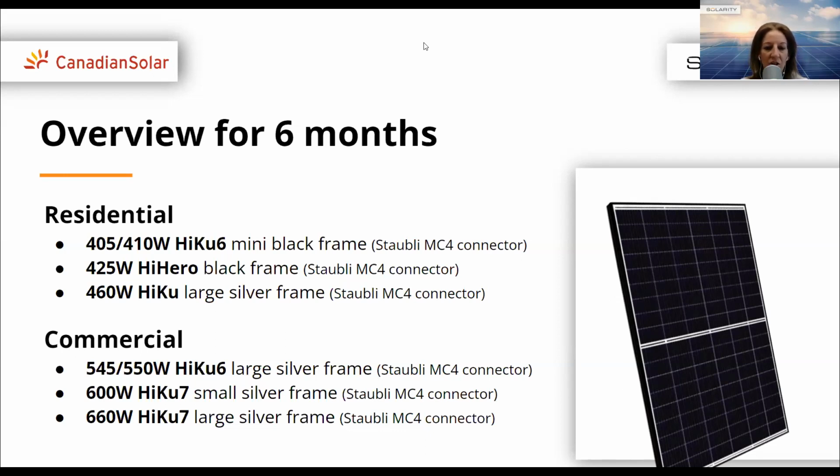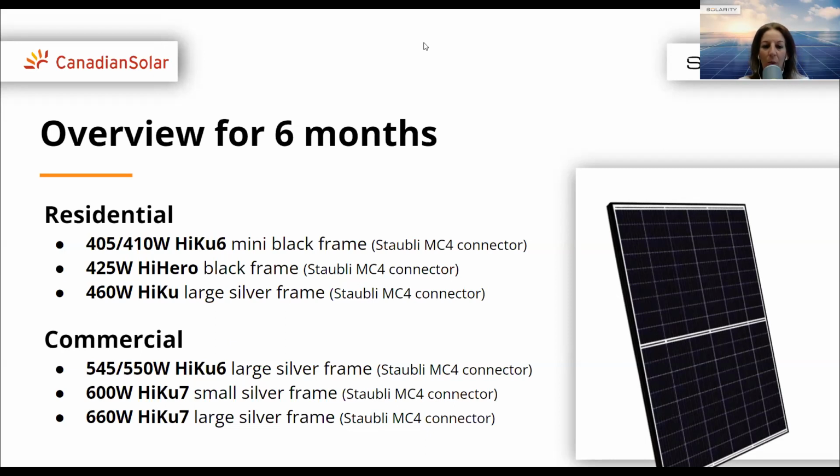We can always check it. Regarding the commercials, Haiku 7 small and Haiku 7 large, we have them in our portfolio. Most of the time we can have them in stock, but not on a regular basis. But it's not a problem to order them for you and get the lead time and actual price.